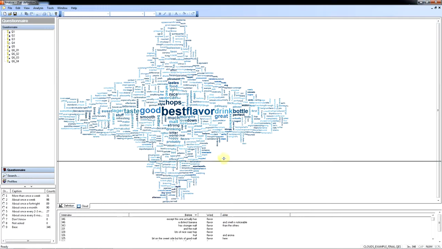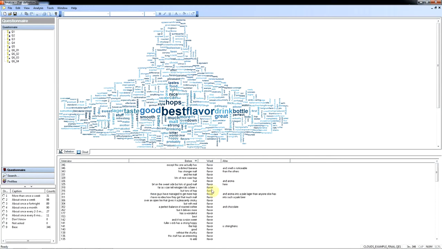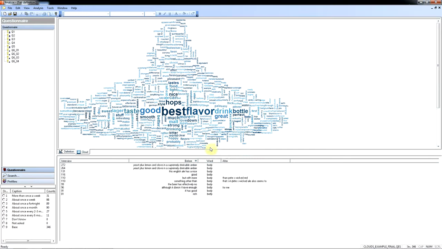If we want to look at the full list of comments that contain any of the words in the cloud, we can click on that word and the details will appear in the window below. So we can see here all mentions of the word we selected along with the full text of the response